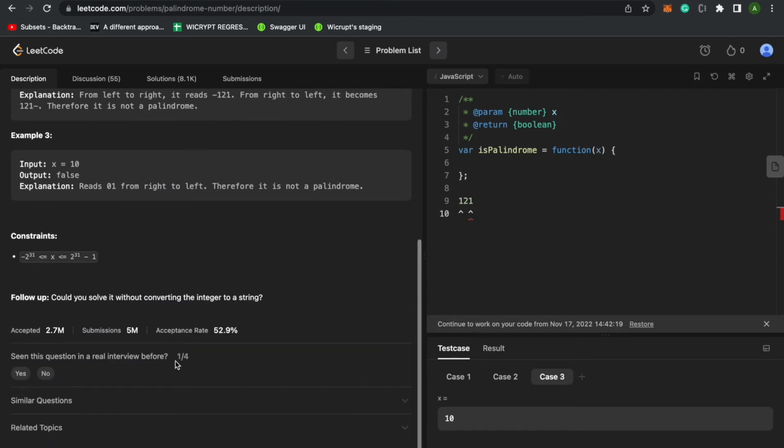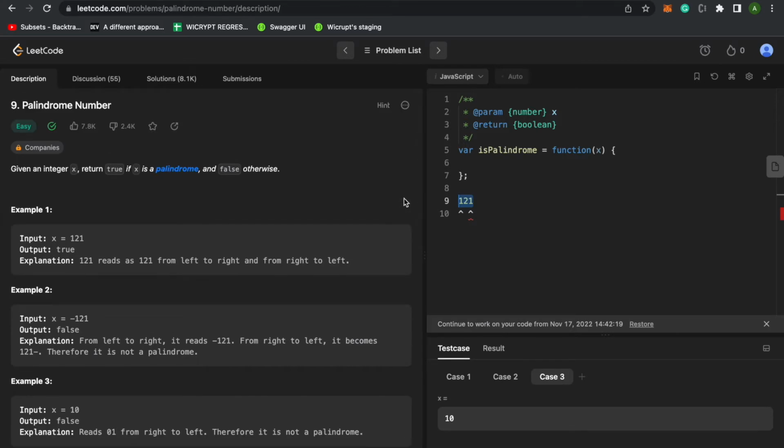But the follow-up question says that we should check if we can solve it without converting the integer to a string. So don't convert; basically perform the operation as if you're working with a number, because, well, you're working with a number. And that's what makes it harder than converting to a string, because you can't perform those string operations on this one. So I had a little help, but I figured out how to actually get the values of the